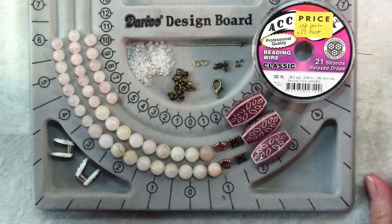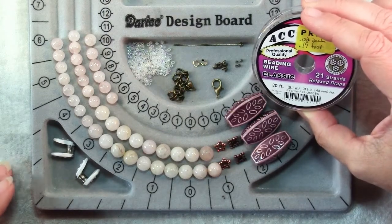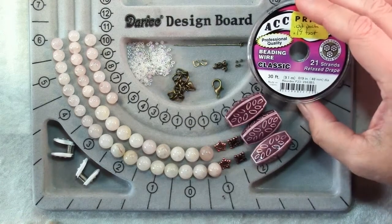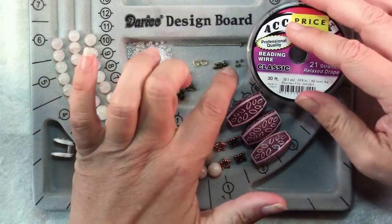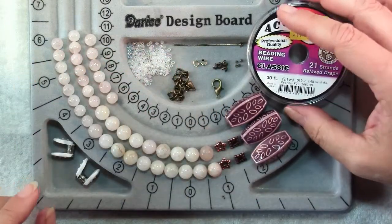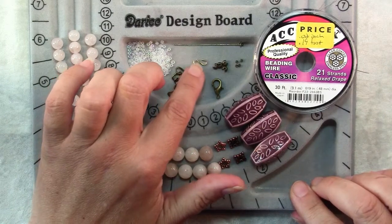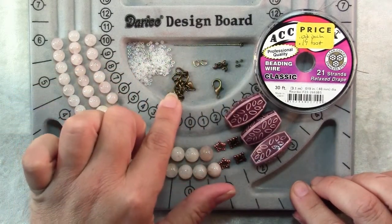So for stringing supplies, you'll need some bead stringing wire. And I picked a fairly strong 0.48 millimeter diameter wire because these are all heavy. I'm also going to double crimp both sides just for security. So bead stringing wire, wire protectors, 2, 4 crimp covers, 4 crimps, a 2 to 3 inch piece of chain,